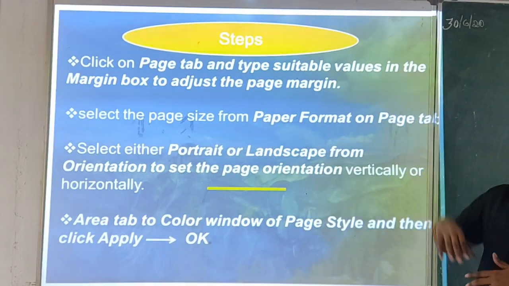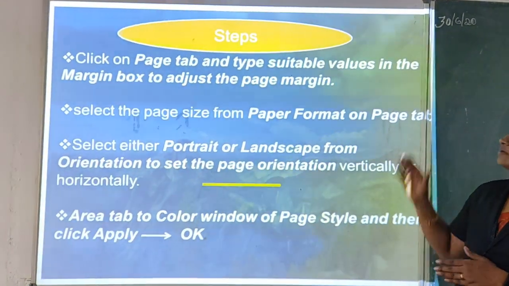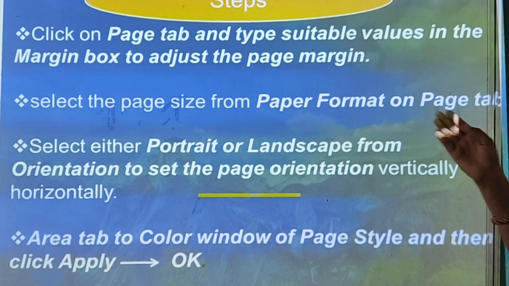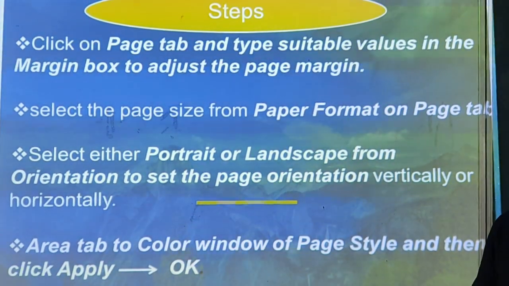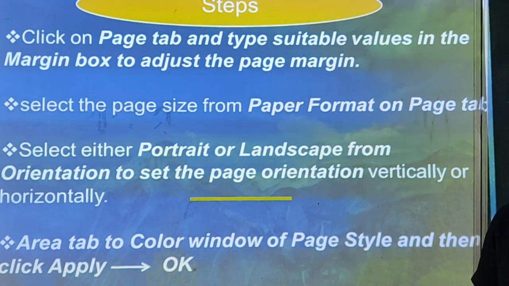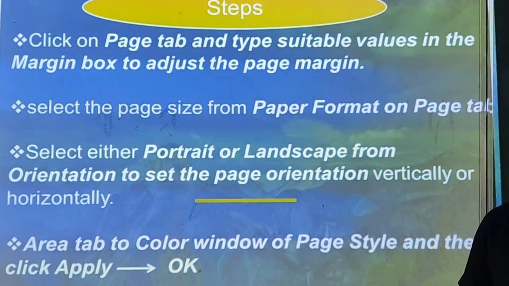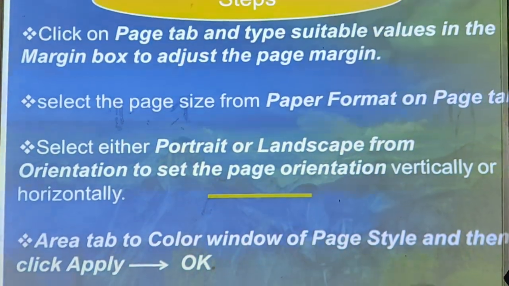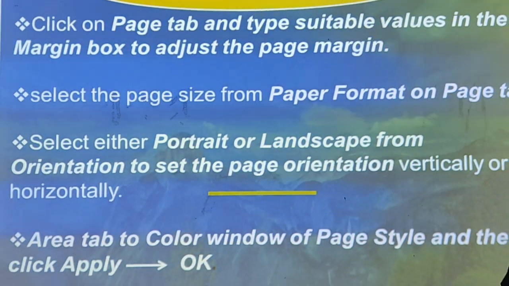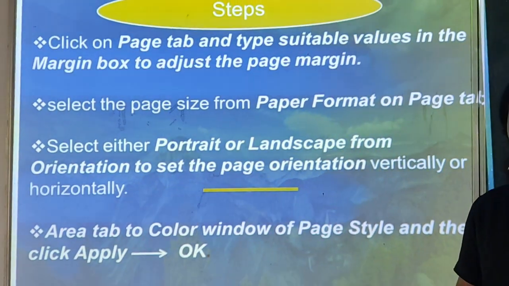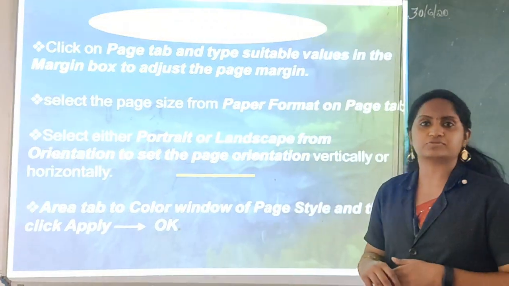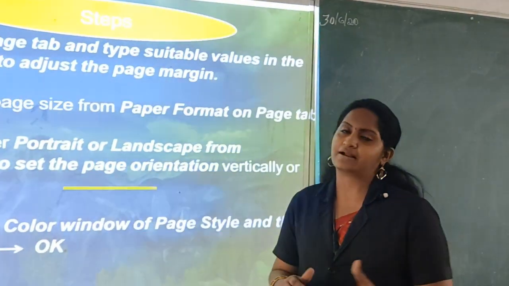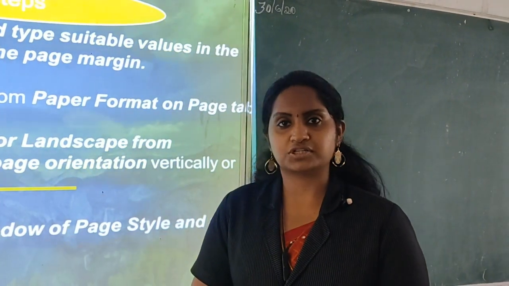First, we are going to open the page layout using the Page tab, and here you can apply the page margins and everything. Next, you can adjust the page size, that is A4 or any format you can apply. The next one is the orientation of a page. Generally, you have 2 options: landscape and portrait. And finally, you are going to apply the background color in a page. Clear students? So these are the things we are discussing today, and we will show you how to apply these page layout options in the practical section. So let's go for the session.